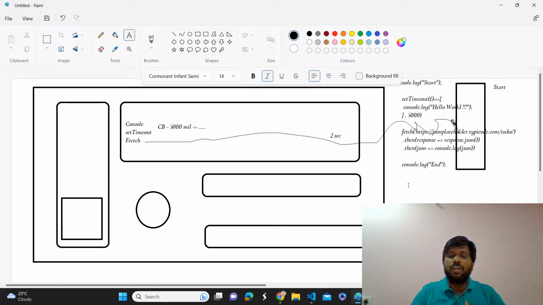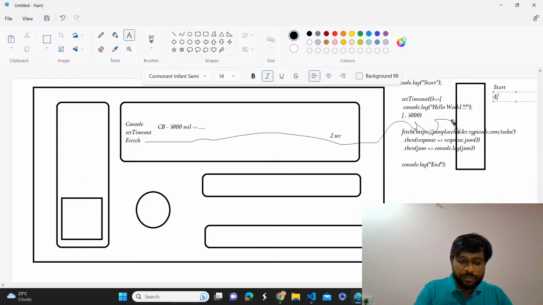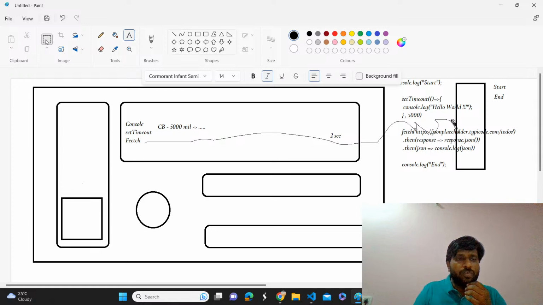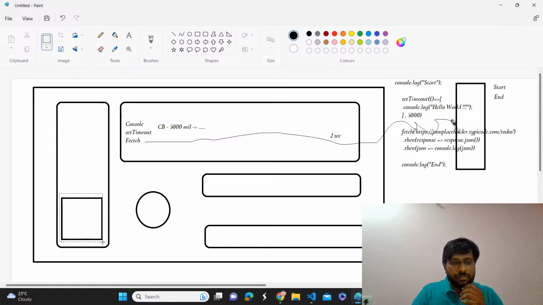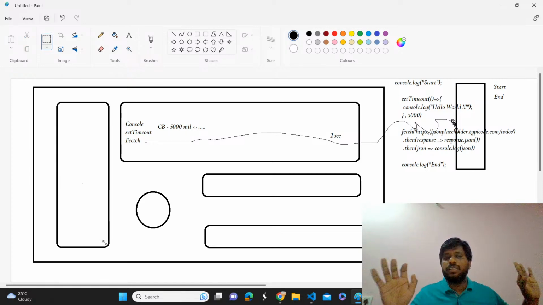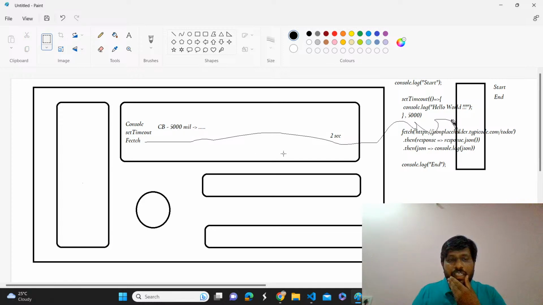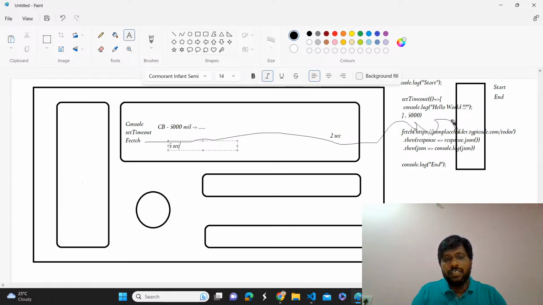Time and JavaScript are not going to wait for anyone. So what will it do? It will execute console.log of end. Done. After that, what will happen? It is going to remove the global execution context from the call stack. Done. So after 2 seconds, because here this callback function we have given a timer of 5 seconds, and